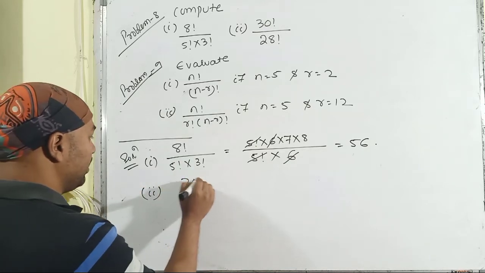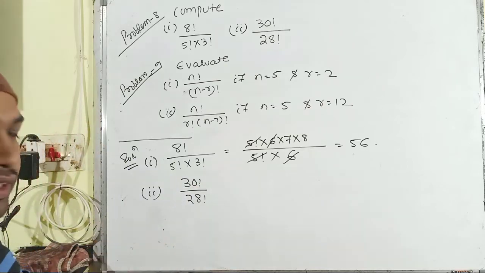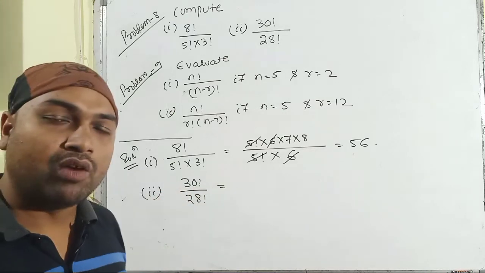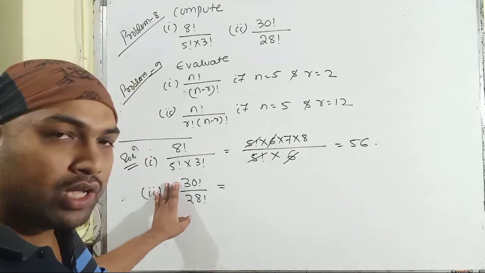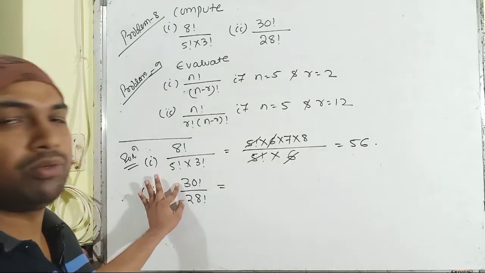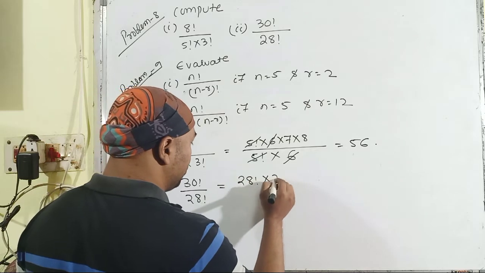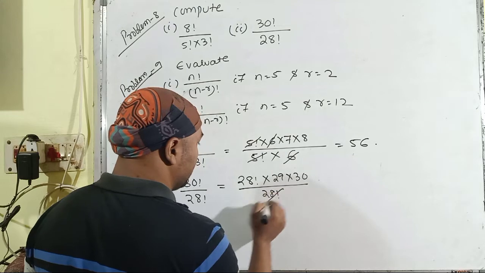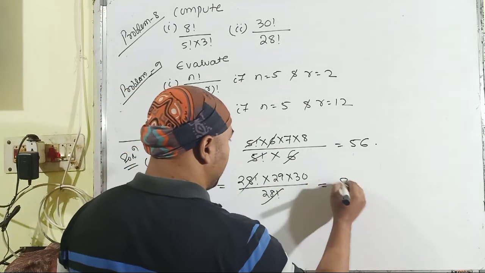30 factorial divided by 28 factorial. Many problems we have solved like this. First of all, as 2 factorials are given, one in the numerator part and another in the denominator part, you have to choose the greatest factorial, and you have to express, or convert, the greatest factorial in terms of the smallest factorial. So it will be 28 factorial multiplied with 29 multiplied with 30, divided by factorial of 28. Then cancelling the common parts from both numerator and denominator, we can have our answer here.